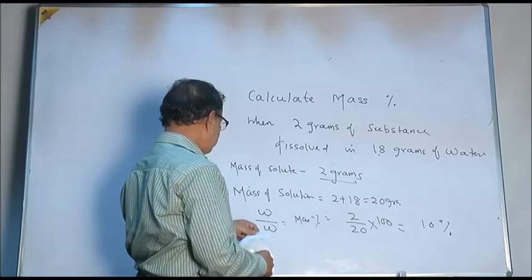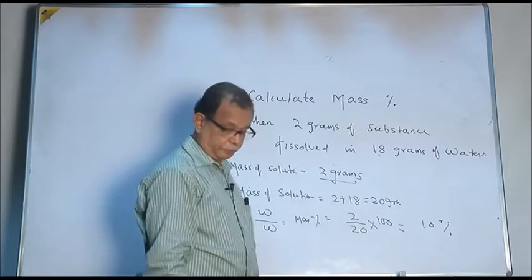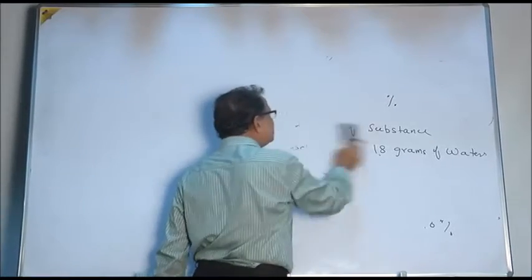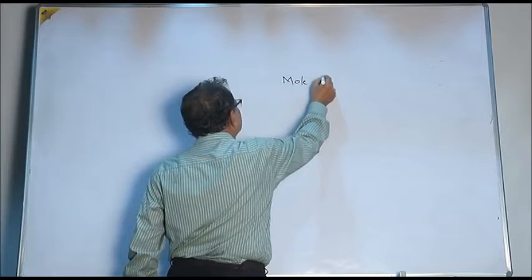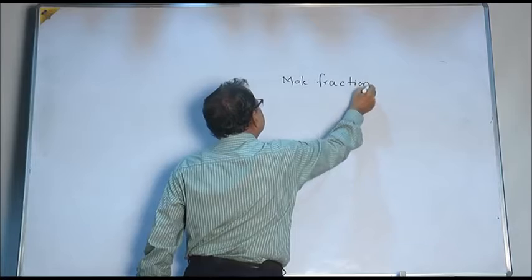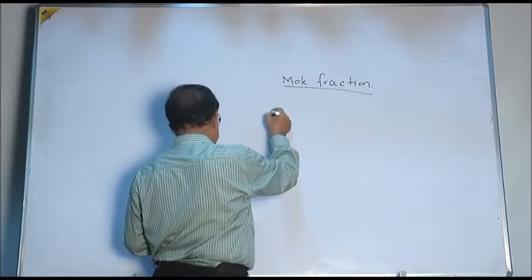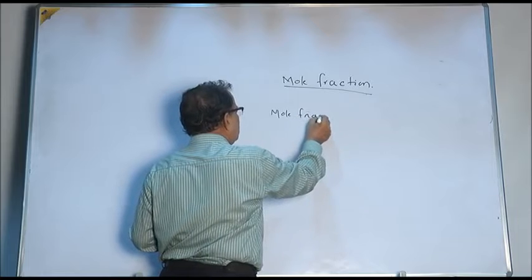So the mass percent we can find out. Then what is the mole fraction? How to calculate the mole fraction? In the mole fraction, we measure the solution and take the concentration; we can take it as mole percentage. That is called mole fraction. So, mass percentage and mole fraction. The mole fraction is equal to